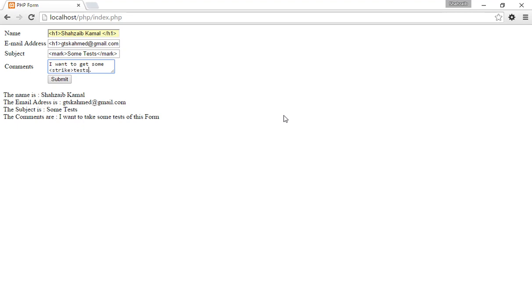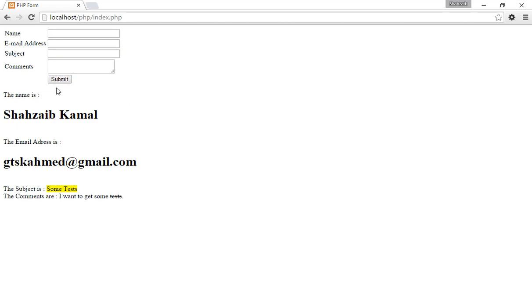Cover this strike and just click on the submit button. Now you can see that the name is all capital, which is not a good way. The email address is also capital. The subject is highlighted just because of the mark tag, and here the text is shown with some kind of